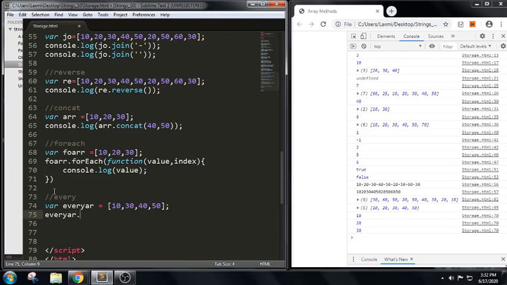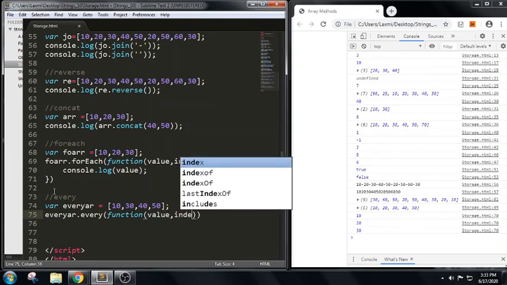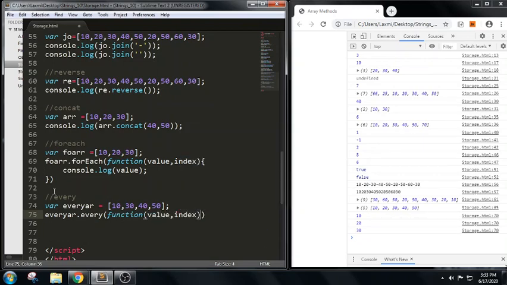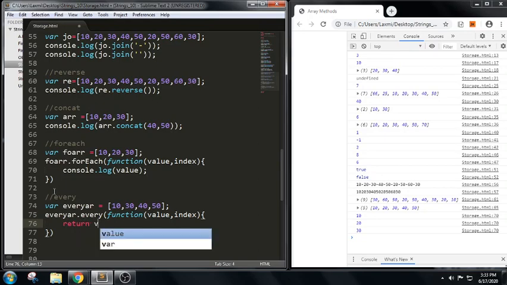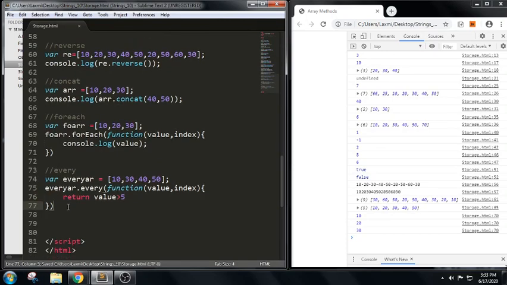Every dot, we create a callback function with value and index as arguments. We have made the same mistake. Now, as in the previous case, return value greater than 5. If it is greater than 5, it will return true.